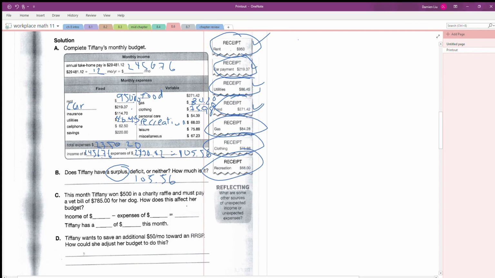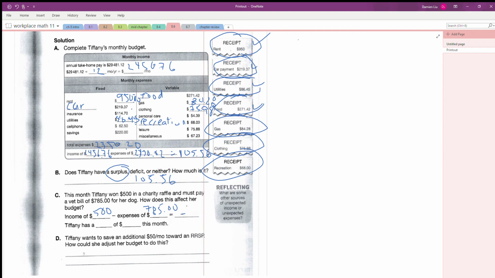This month, Tiffany won $500 in a charity raffle and must pay a vet bill of $785 for her dog. How does this affect her budget? Right? So now she has an income of an extra $500, but her expense now, an extra expense of $785, that means that she is